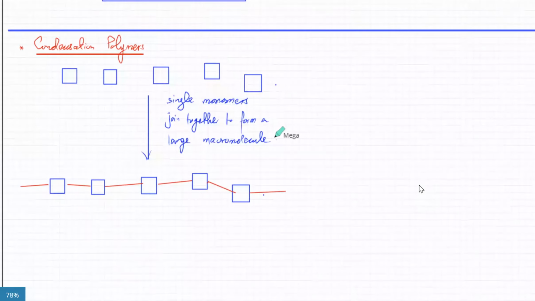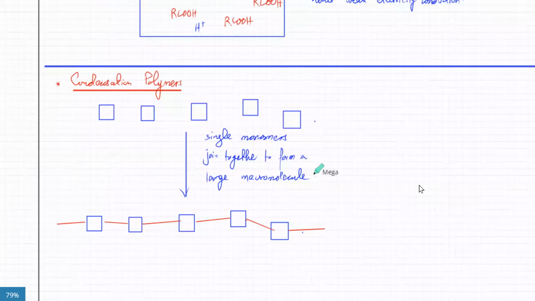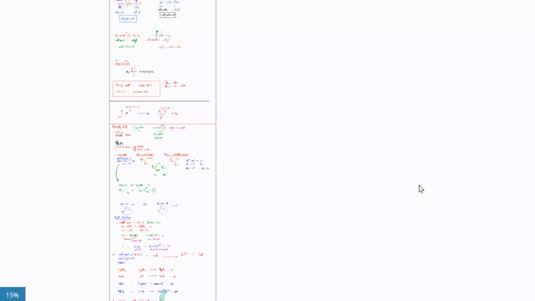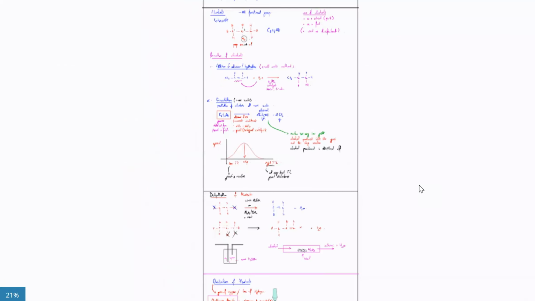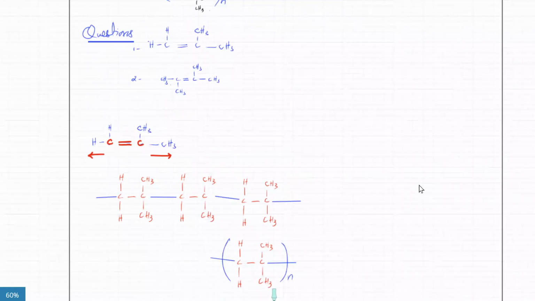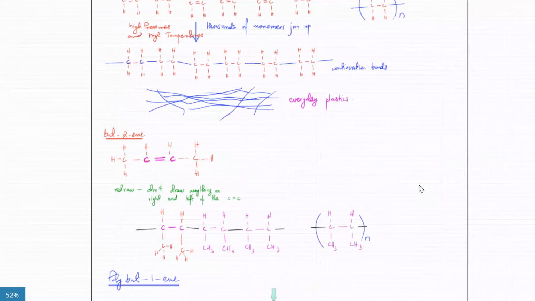Now we're going to talk about condensation polymers. Actually, there was one that we already did, and those were addition polymers. We did that somewhere in alkenes, which was before alcohols. Let's revise that as well. What we did was